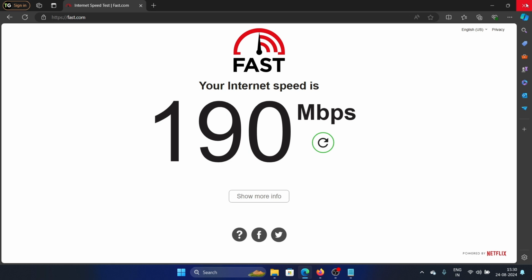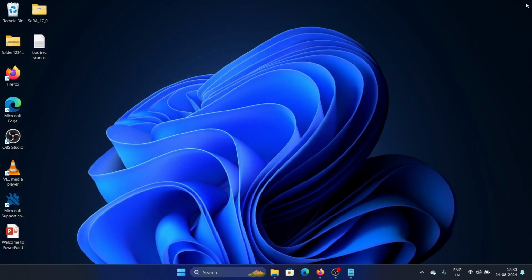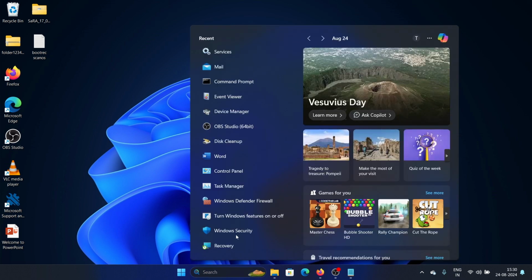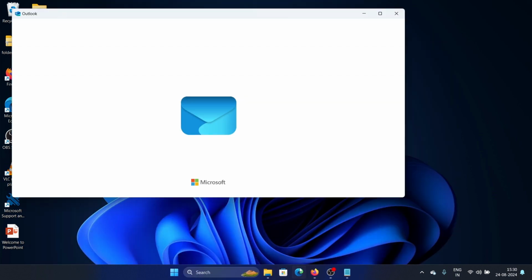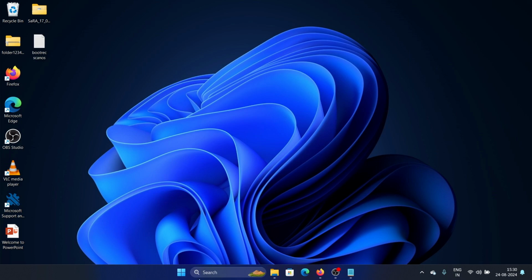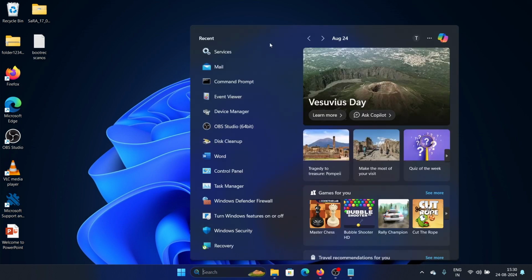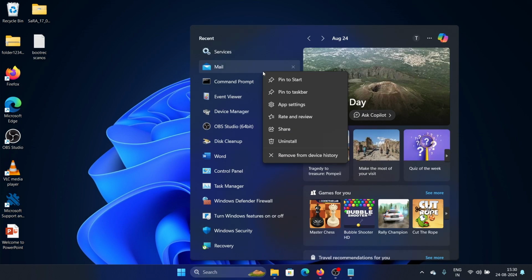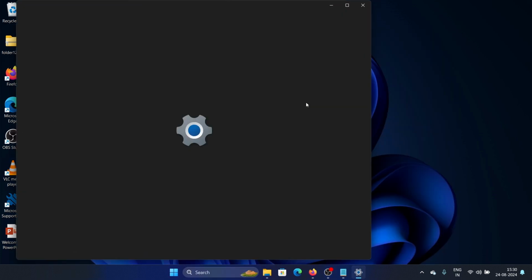modem and router. All right, the last solution that we can try to fix this problem is we can repair and reset the mail app, the Windows mail app. So we'll look in search for mail, we'll click on it, we'll look for mail, right click on it, app settings,